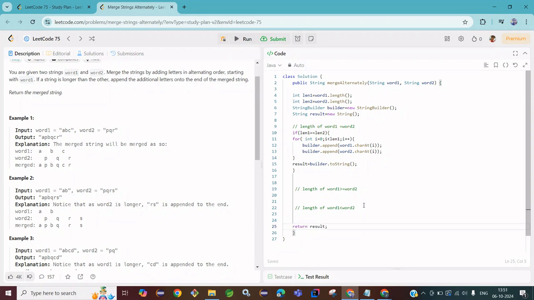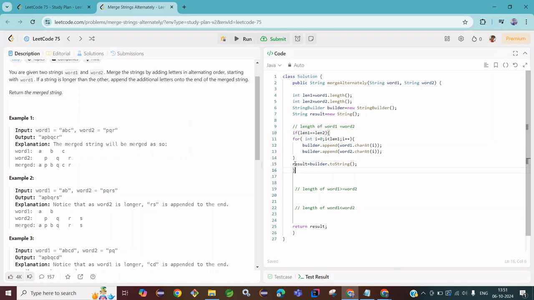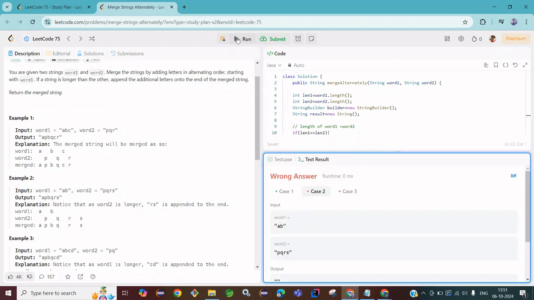So let's run and check. We have done according to the first test case, so it should work. We'll run, and if a test case fails, then we'll handle that condition also. So let's run and check. The first condition should be true. Yeah, so test case 1 is